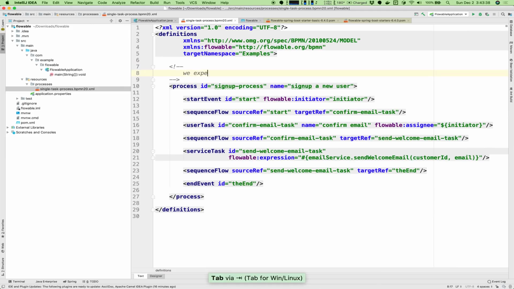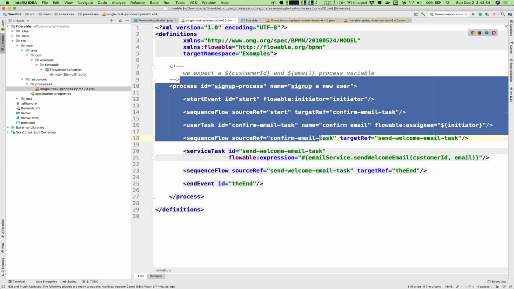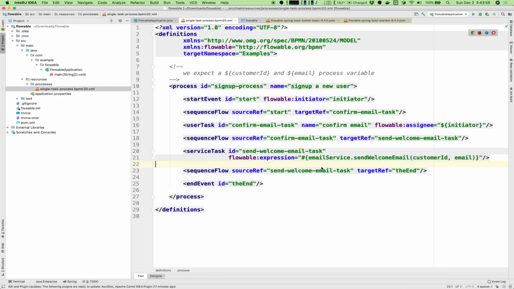We expect a customer ID and email process variable. Those process variables are like parameters to a method invocation, so we're going to expect them to be visible for the entire lifetime of this process. Finally, that's going to result in